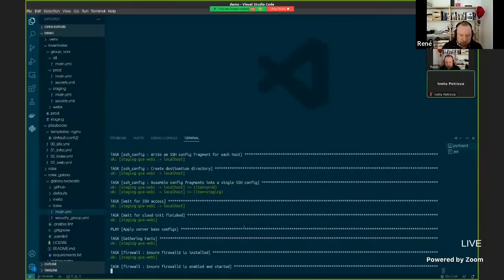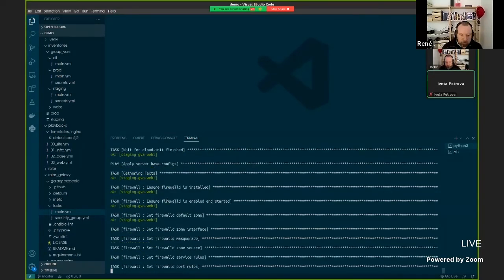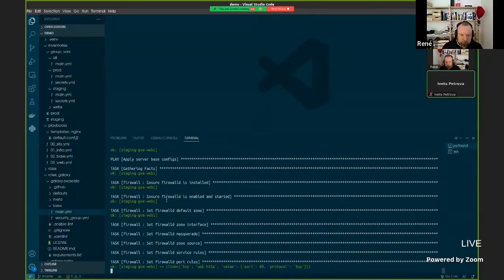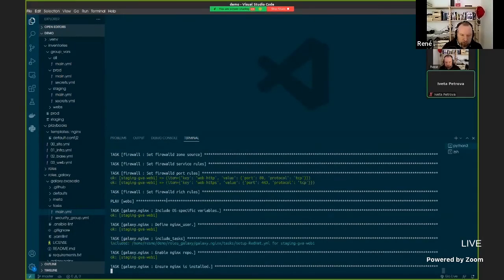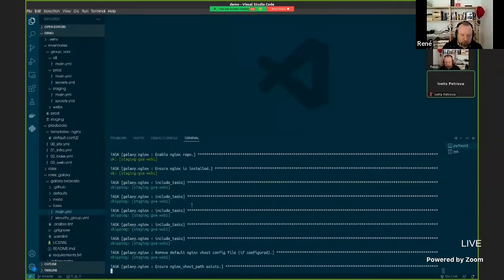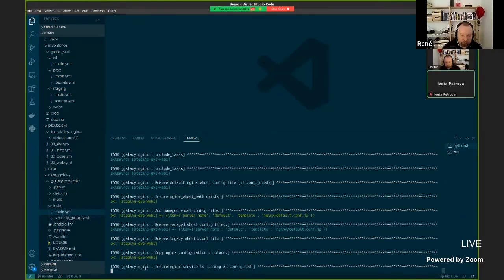So we run this through the first time, and then I make a quick shortcut for not showing everything.